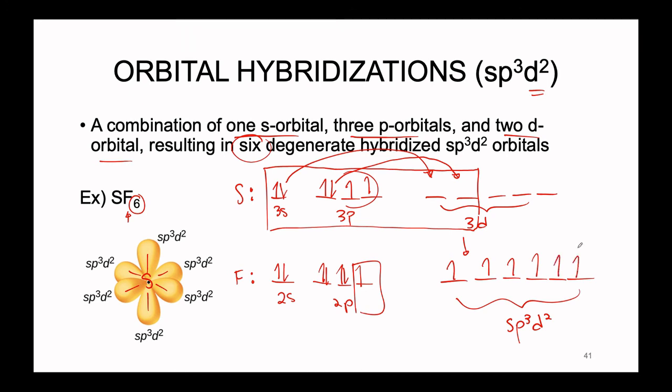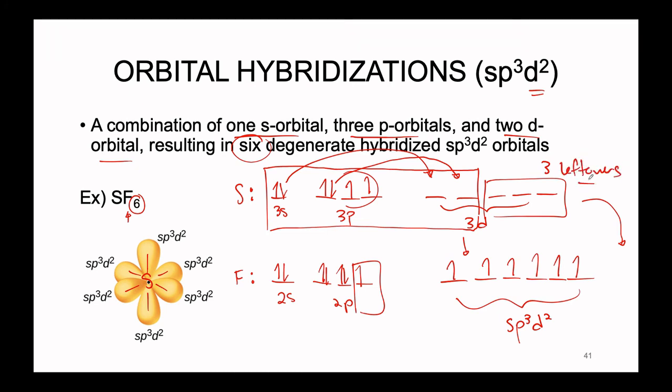Each electron can spread out, giving us an equivalent unpaired spread in 6 different directions: up, down, left, right, back, and forth. Now this does mean, and I realize I didn't say this with the previous sp3d case, we do also have leftover empty d orbitals just kind of hanging out right next door. That's totally fine. We don't need to worry about any higher ordered bonds or how these d orbitals get involved. They're just empty, there's nothing inside of them. If need be, we might be able to push some extra electron density in them for future examples, but for right now, we just don't need to worry about them. There are just 3